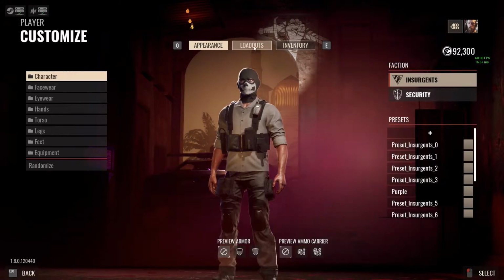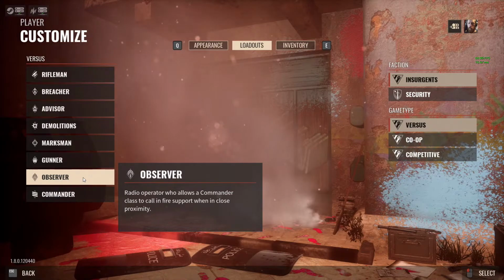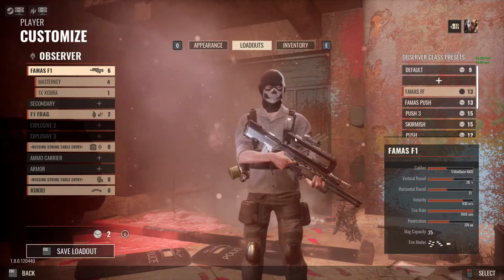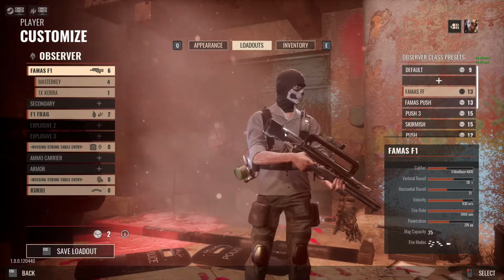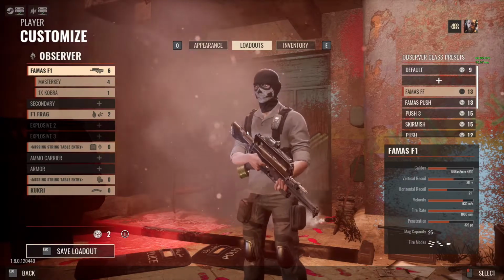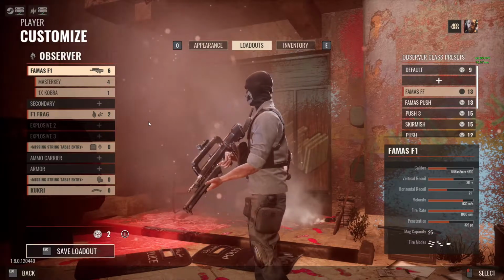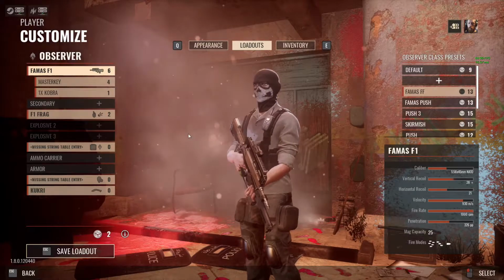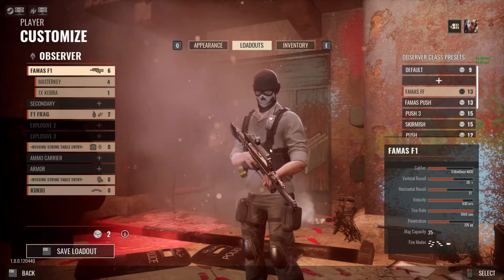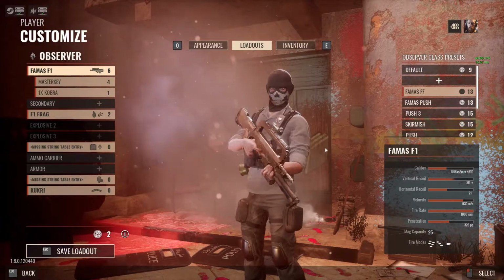Alright, so first up we're going to be going over the Famas, how I've been running it. I've been playing on the Observer a lot lately, so basically this is for firefight, rifleman, and observer. But this is for firefight, and it's very bare minimum. There's not a whole lot of points to spend after you pick the Famas, which brings me back to my point. If you look at the penetration on this thing and the velocity, you can see why it